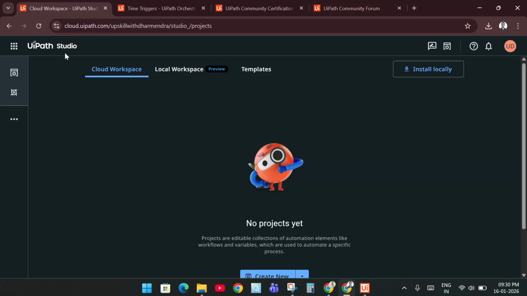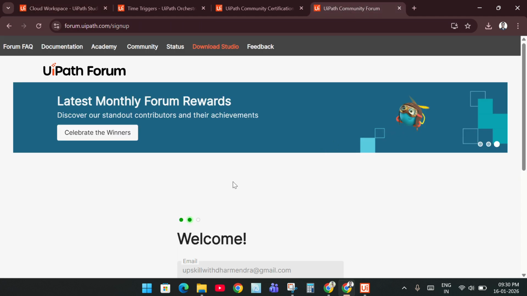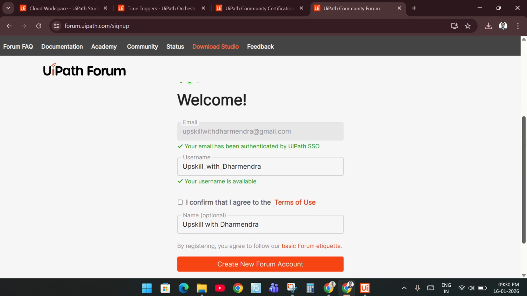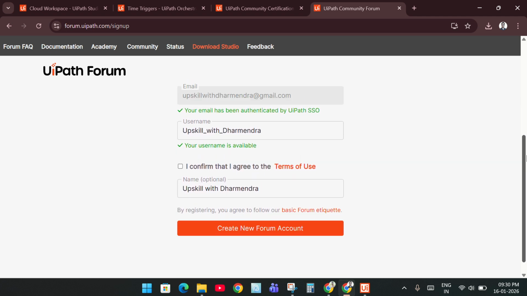And this is a UiPath cloud setup from where you can also download. And what are the other things? Download Studio, create new forum. Yeah, so see,